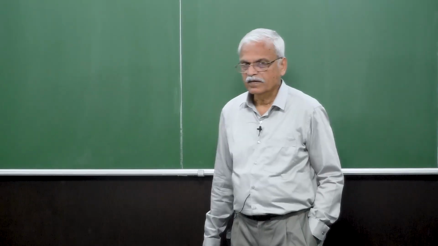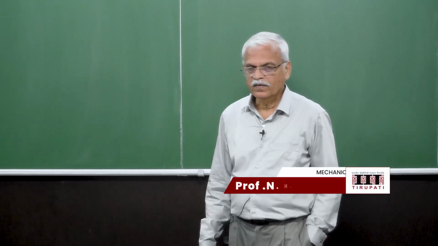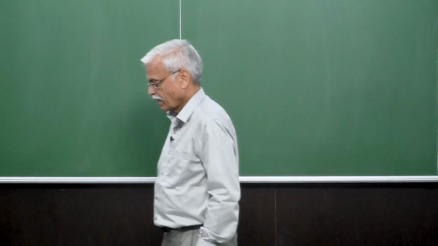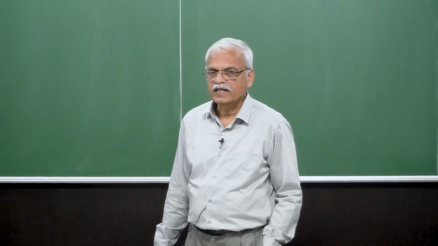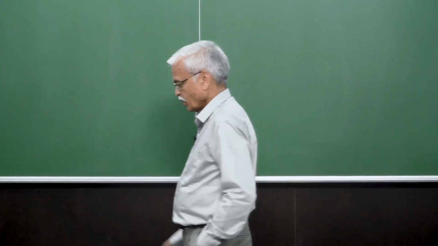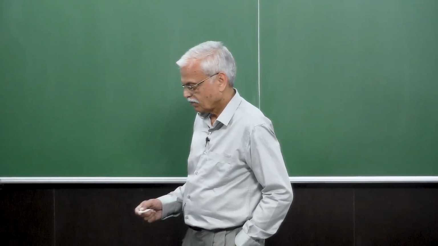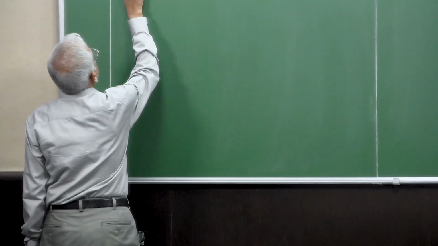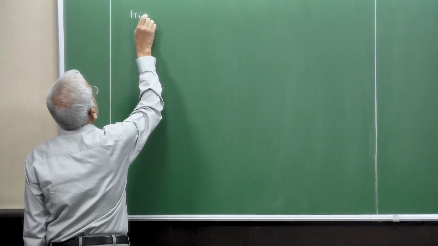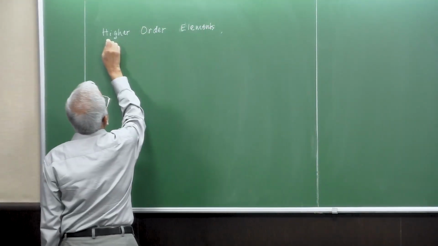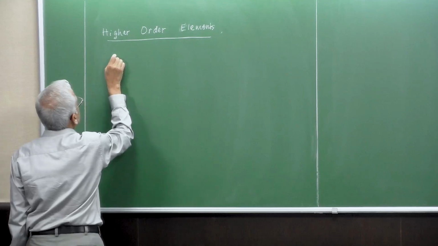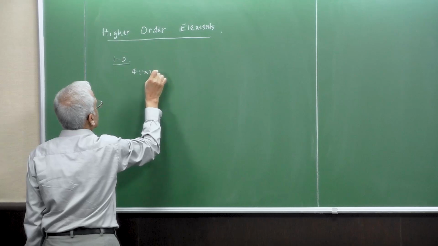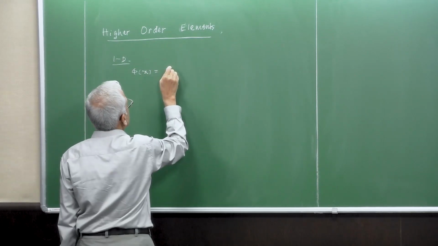Good morning, gentlemen. Let's continue our discussion of development of higher order elements so that we get a faster convergent result. Last class we have seen that if you are looking for a pth degree polynomial, we are looking at higher order approximations. So we are looking at 1D for the moment, wherein we are using a polynomial of